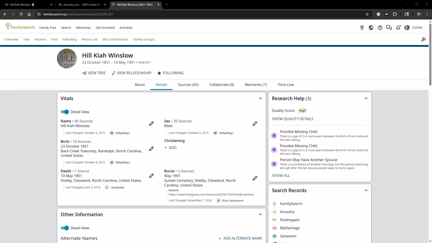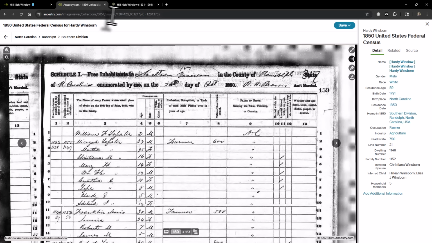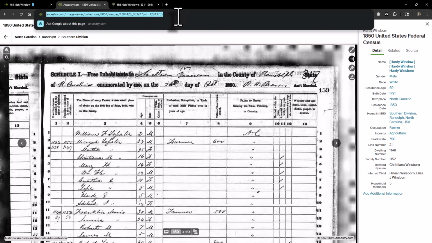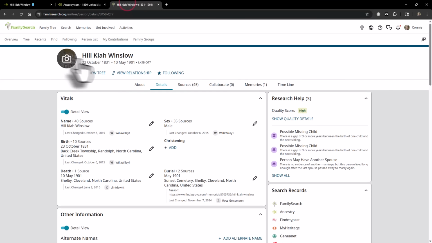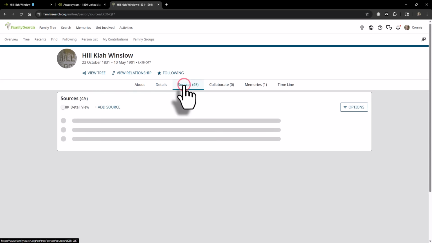So now I'm going to show you how to do a web link from Ancestry to FamilySearch. So here I am in FamilySearch in Hilkiah Winslow's profile. Over here is the 1850 census. We want to link that. Now, again, if they're on both platforms, I highly recommend you do it the other way. But if this is, say, a will that you found at the state archives or something, you would copy the URL and go back over to his profile on FamilySearch, go to the Sources tab,